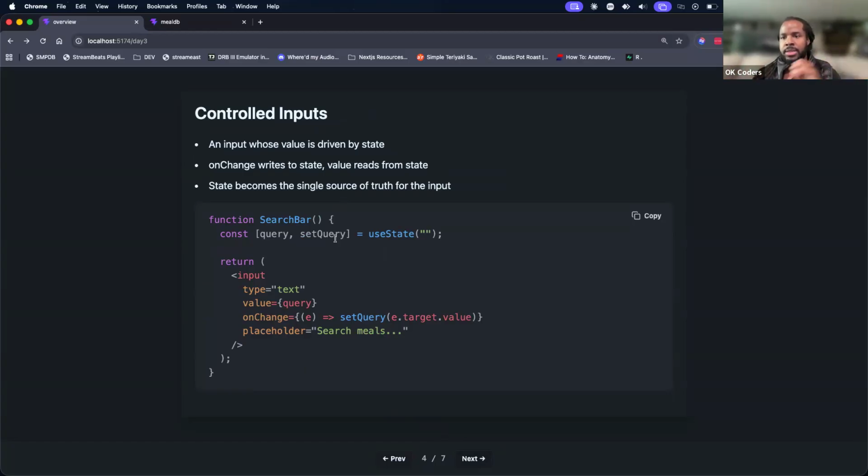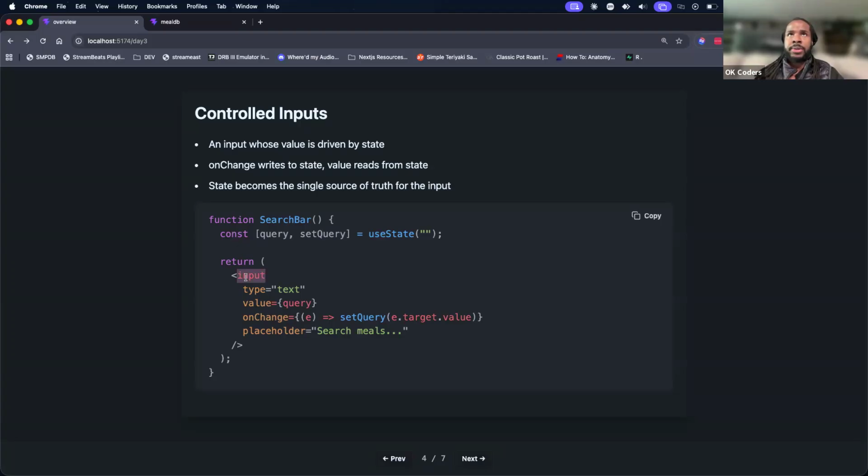A search bar basically, where every time we type something in, it's going to update for each value. So what this is going to look like is we're going to have our useState, we're going to declare our query state,